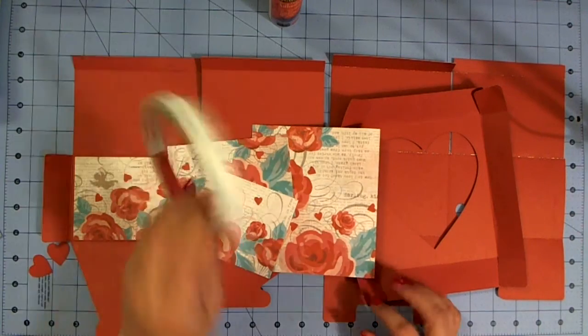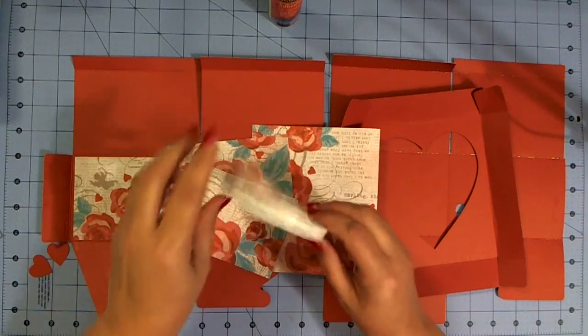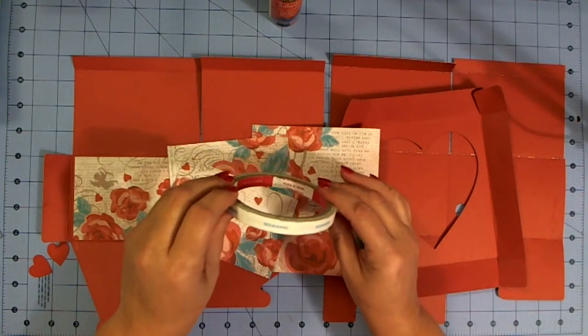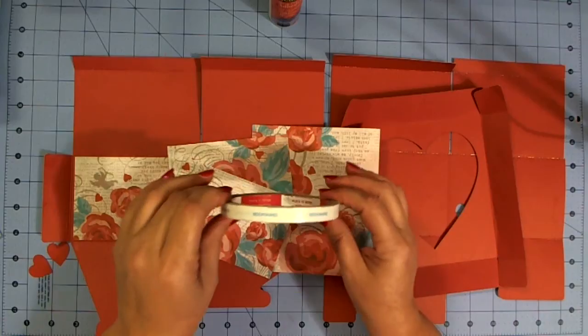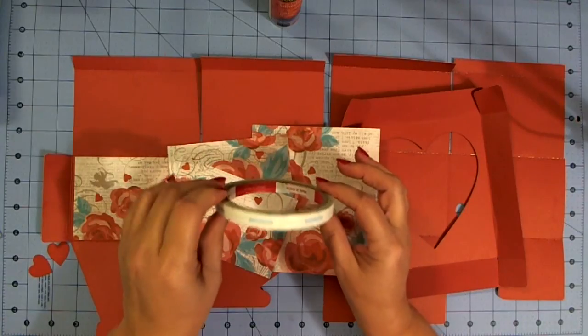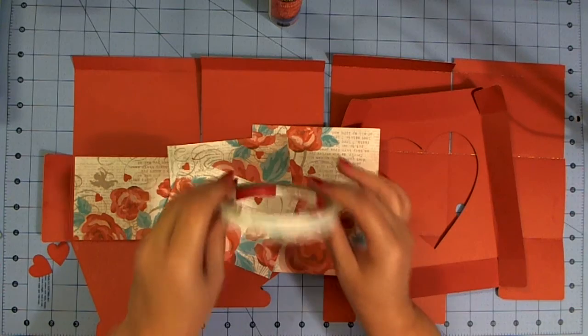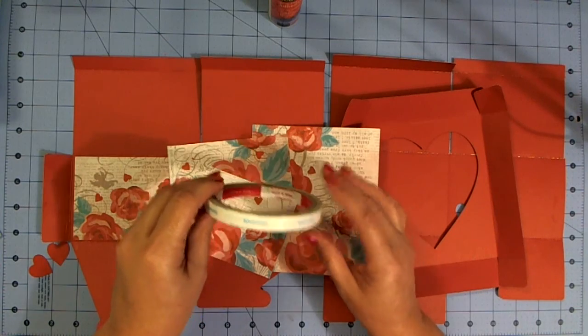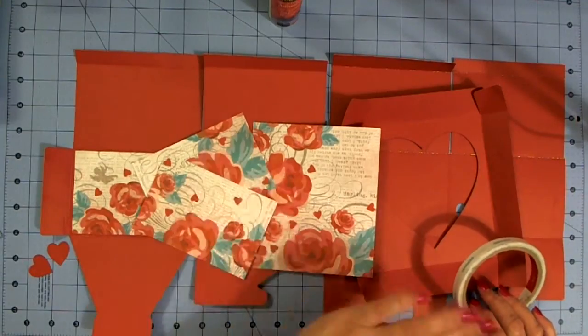And then the other thing that I like to use, and I know you guys see me use this all the time, is the Score-Pal double-sided tape, because when I actually adhere the box together, I like to use this to make sure it's going to stay put where it needs to go. Alright, so let's get started. I will put the link to the file,